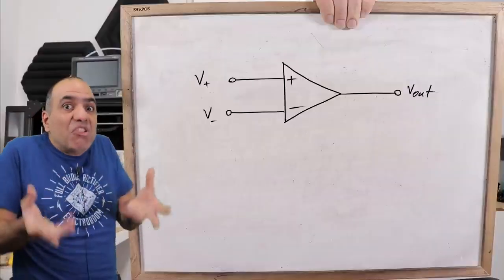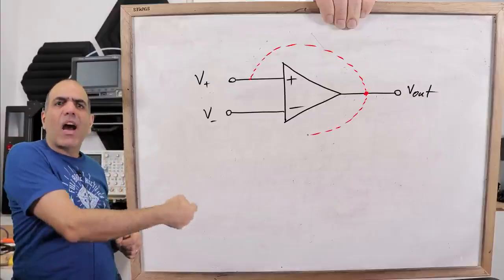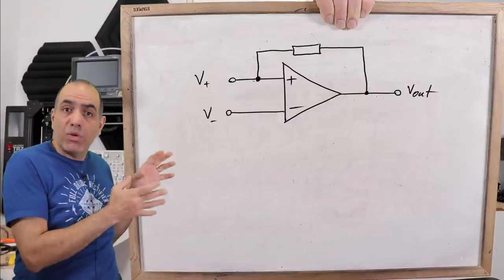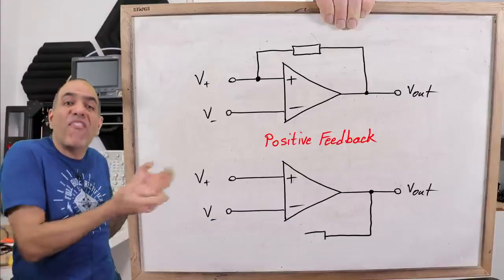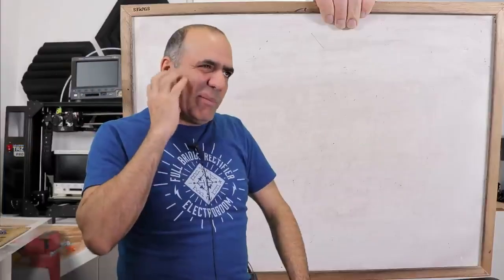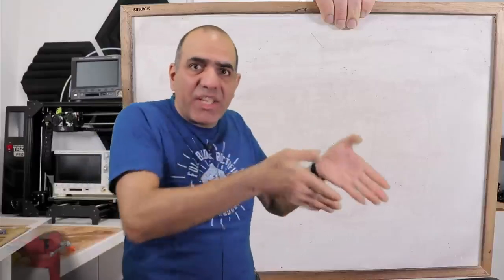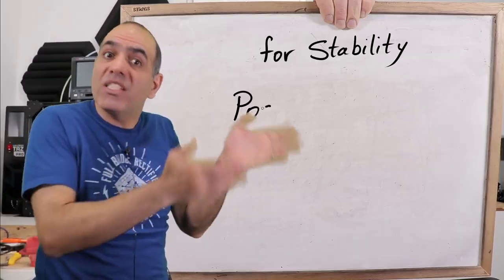What makes op-amps really spicy is when you add feedback to them, where you somehow connect the output of the op-amp to its input. You can connect the output to positive input or V plus for a positive feedback, or negative input or V minus for a negative feedback, or both. Maybe I should have had a video on feedback first before jumping into it here. But let's make it simple. For stability, positive feedback